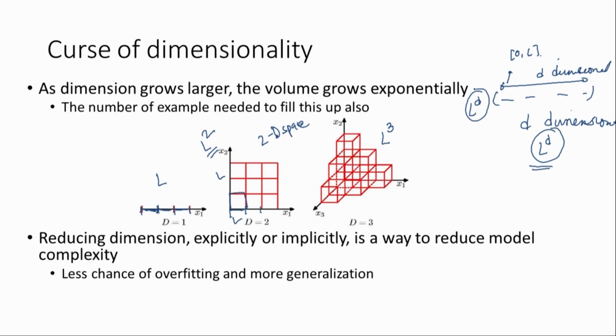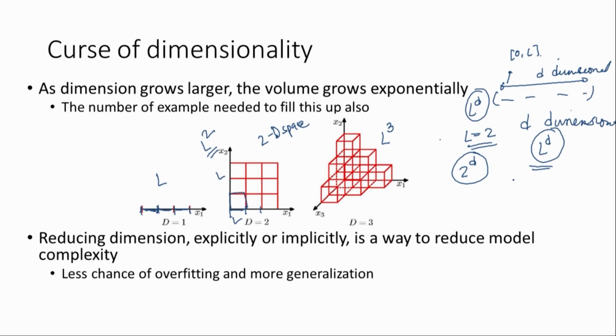In most typical cases, assume that L equals 2, so the features are binary. The number of feature vectors is already 2 to the D. And in the D that we are talking about, let's say D equals 100K, this is 2 to the 100K. What this means is that any realistic data size will always be much less than this number. What that means is that most of the feature combinations,